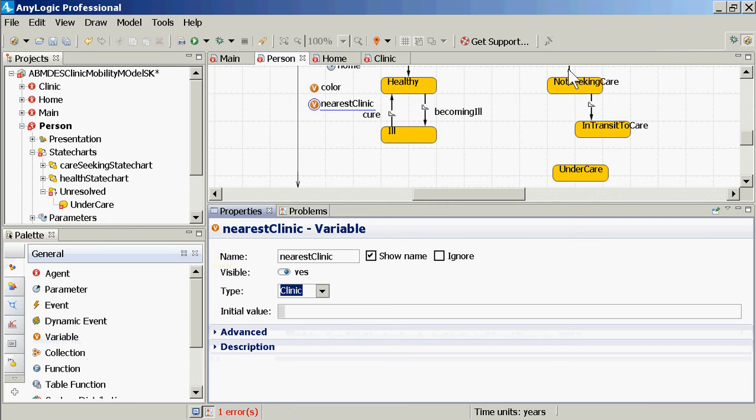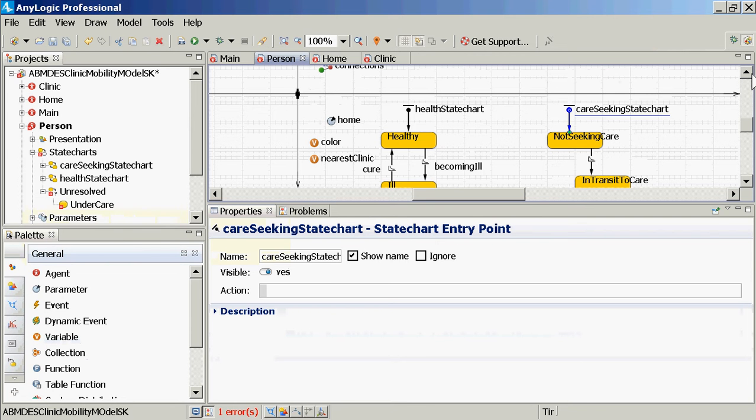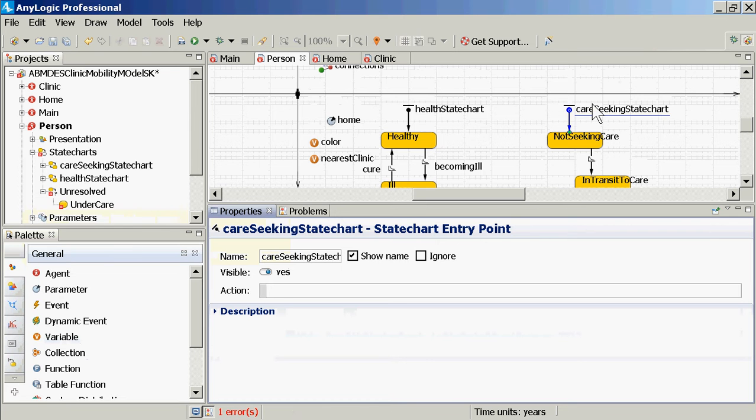Now, over here in the care-seeking state chart, ladies and gentlemen, I would like to go and, for the action for this entry, get the closest clinic. I'd like to do this in the following way. So in this action, we're going to say nearest clinic equals